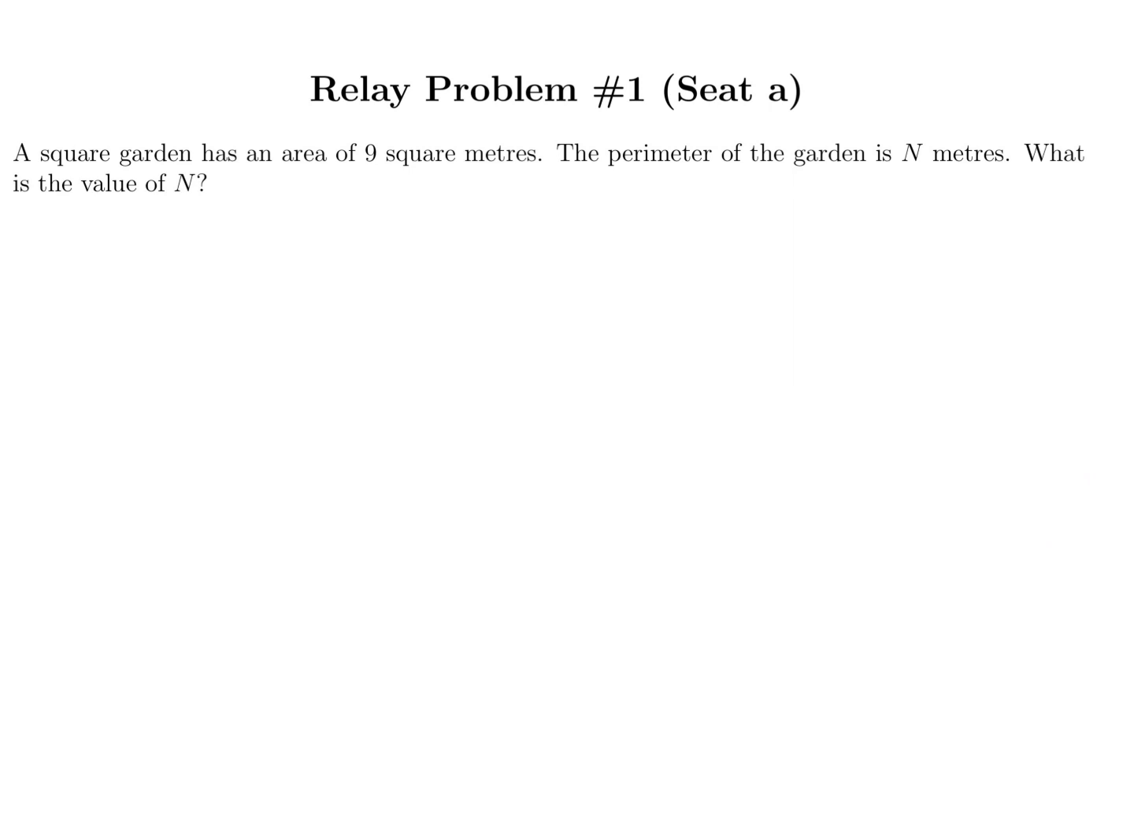A square garden has an area of 9 square meters. The perimeter of the garden is n. What is the value of n? Let's make a square, and then if the perimeter is n,